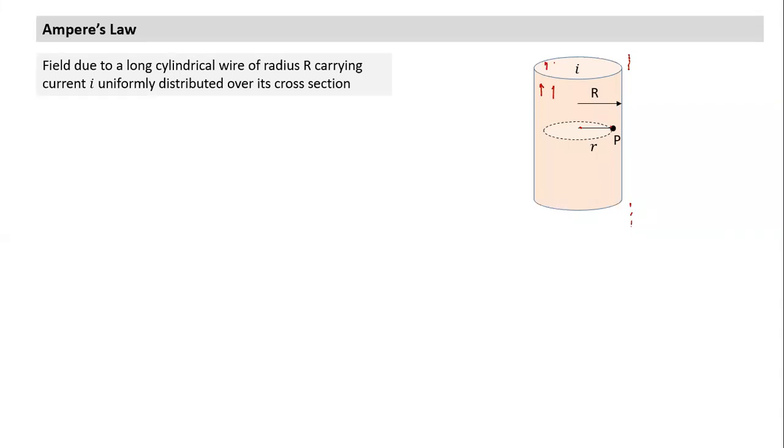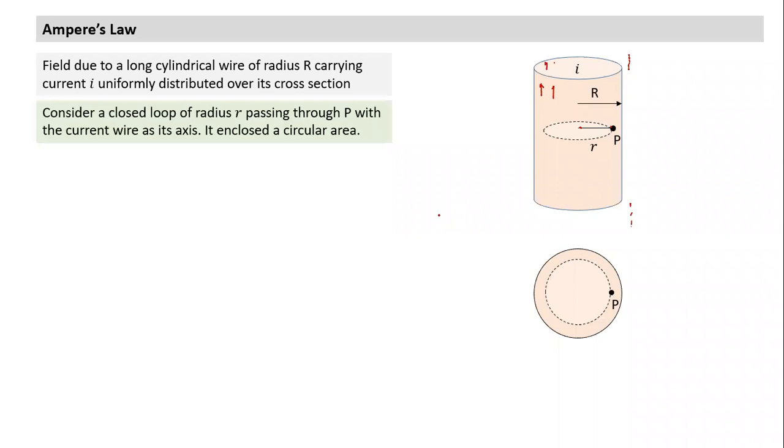How do you calculate the field? What should be step 1? Gayatri, can you calculate the field at point P which lies inside the wire? And if you're interested, many times it makes sense to draw one more figure, the view from the top. If I view from the top, this is how it will look. This is the cylindrical cross section, and this is the point P which is lying at a distance small r, and the radius of the wire is capital R. So we are first finding out for the case when r is less than R: the distance of the point from the axis of the wire is less than the radius of the wire.